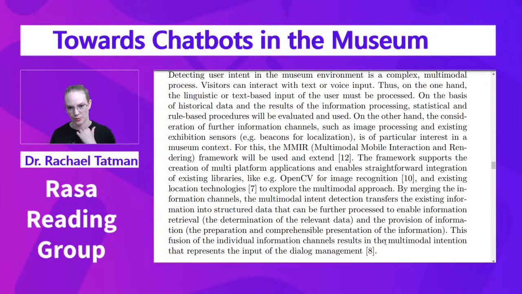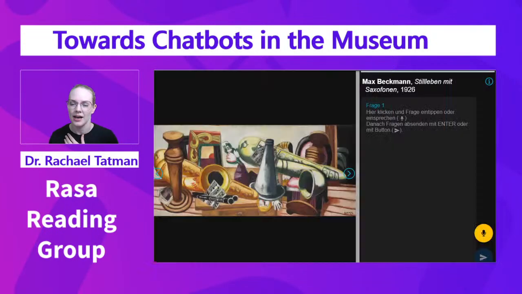Okay, so basically they're describing their NLU here. They've got whatever the user's providing, whether that's speech or text. I imagine you could also still include button presses and entering numbers as the older systems were using. You've got the sensor data, where are they physically? And then you've got the image data, what are they looking at? In this example, the image data is pretty easy to get because they know what image I am looking at in this system. And they also have this way of providing text data, so I can type,